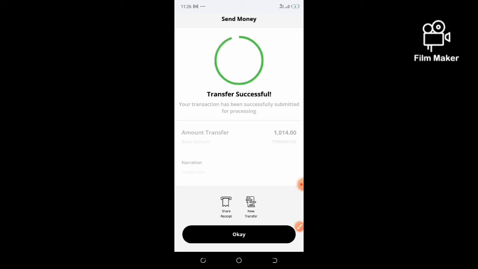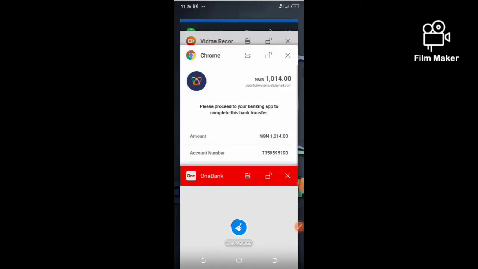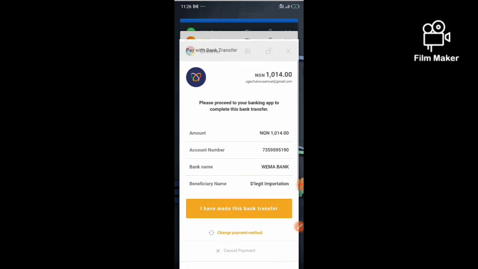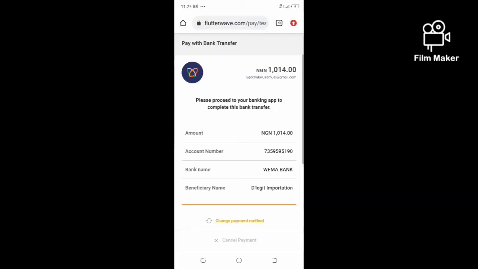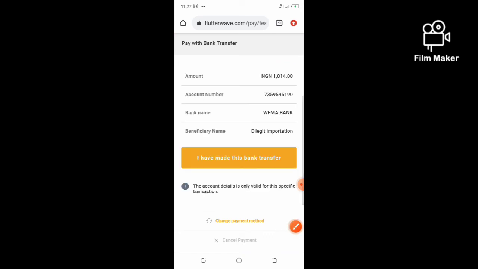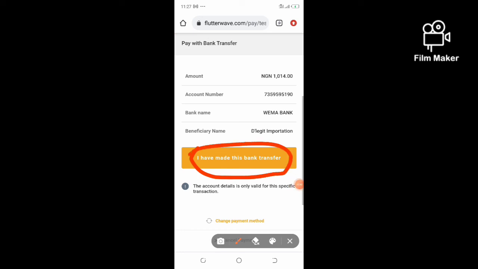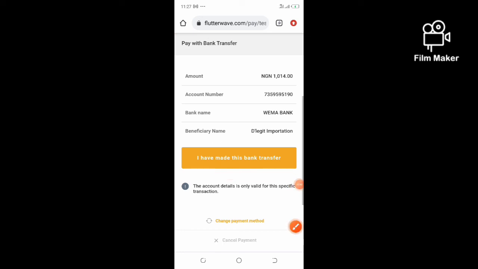Let's go back to that page. Then you come back. That is the 14 naira I told you should be charged for the Flutterwave transaction. So you scroll down and click here: I have made this transfer. Click on that. I have made this transfer. Click on it